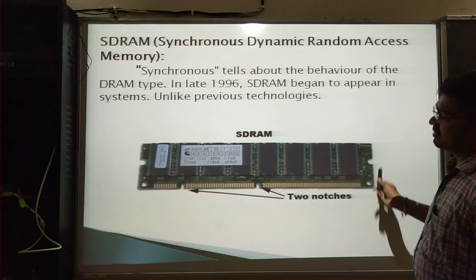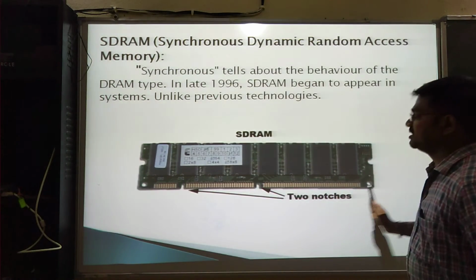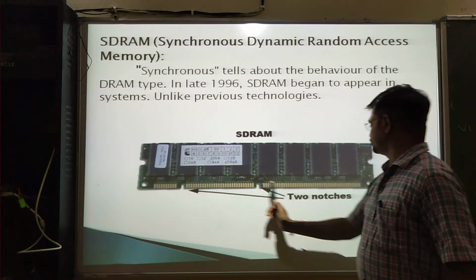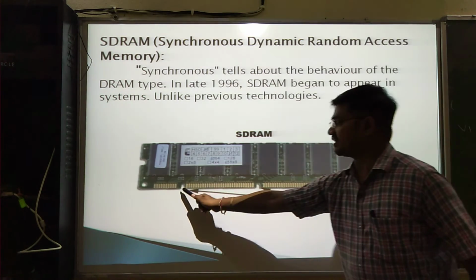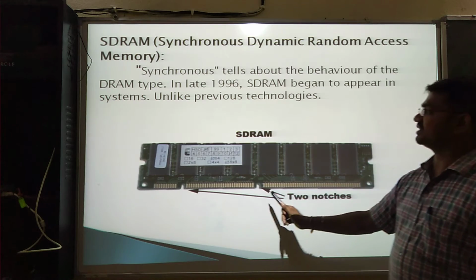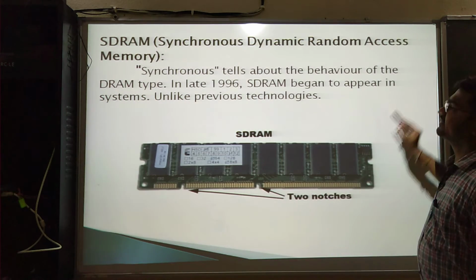Then this is the RAM. So what is the difference between them? There are two notches to notice, first one and second one. So this is the SDRAM. Then second one,